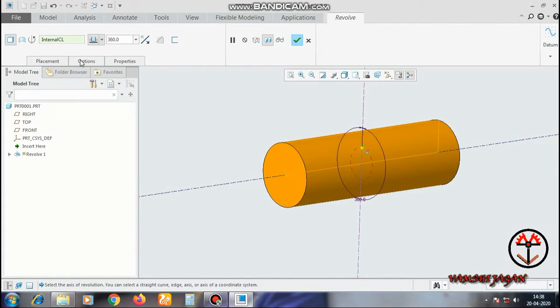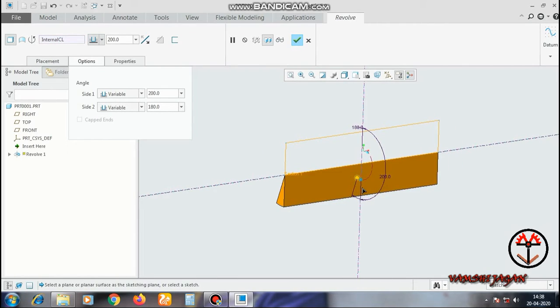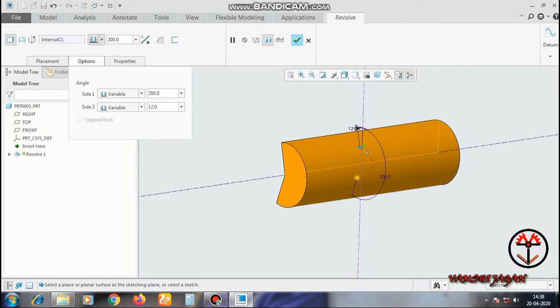I am keeping 150 and viewing 3D center line. 3D view. So you can remove material by angle and add material by angles. Clicking on arrows, you can adjust that side and this side. So this is variable 1. I am setting 200. This is variable 2 for adding material and reducing material.